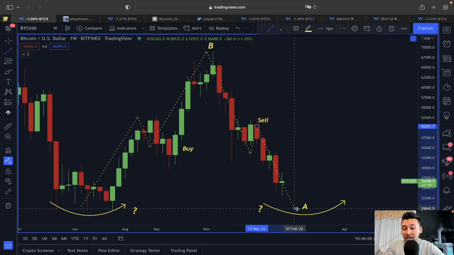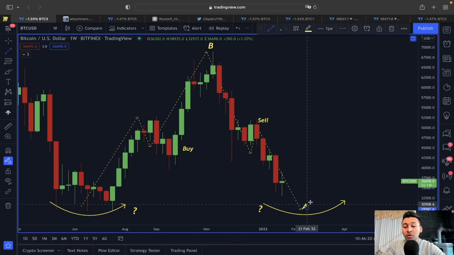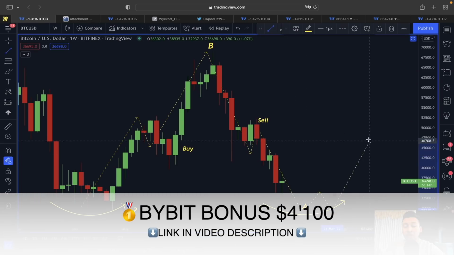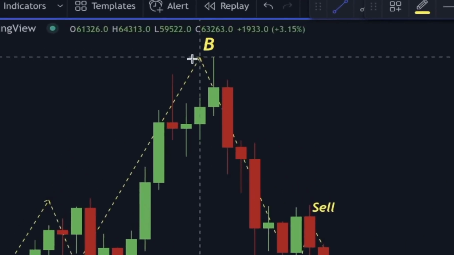And if this is going to be another movement towards this point A area, just like as shown here in a pivotal point theory from Jesse Livermore, then we are well aware, guys, the previous support line is where we could be getting gravitated. And also, if the support is going to be there, then we could be starting this new markup phase from here on. I mean, a new market phase where the price is going to get gravitated again towards this previous temporary high